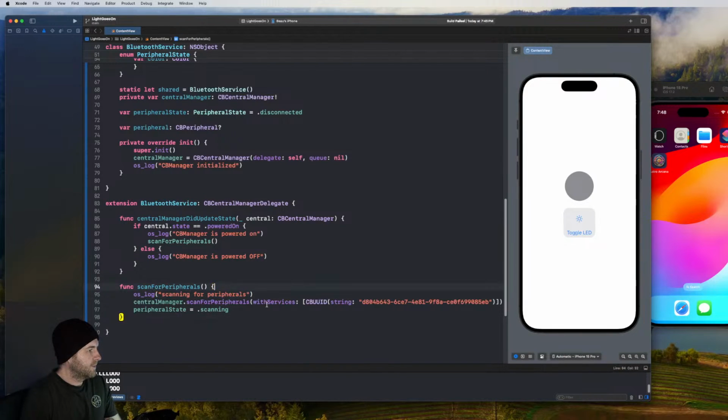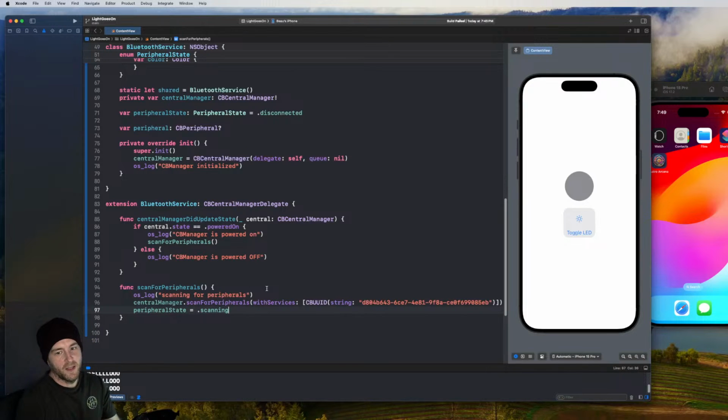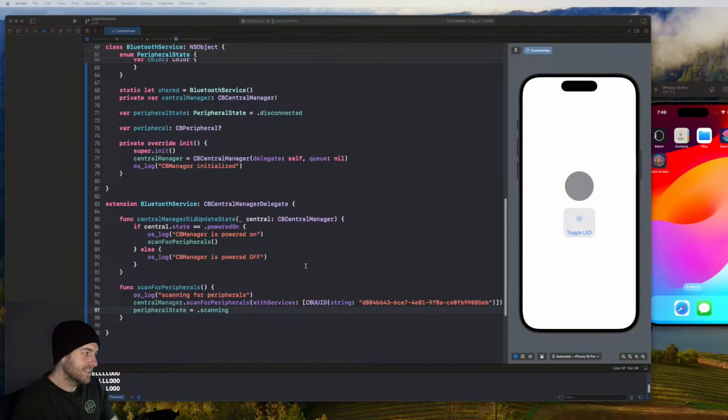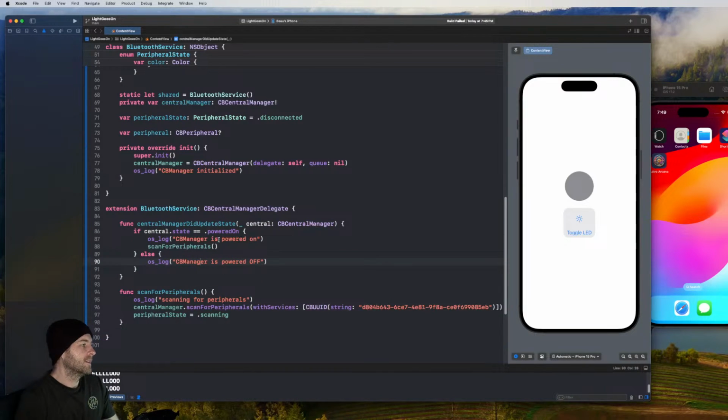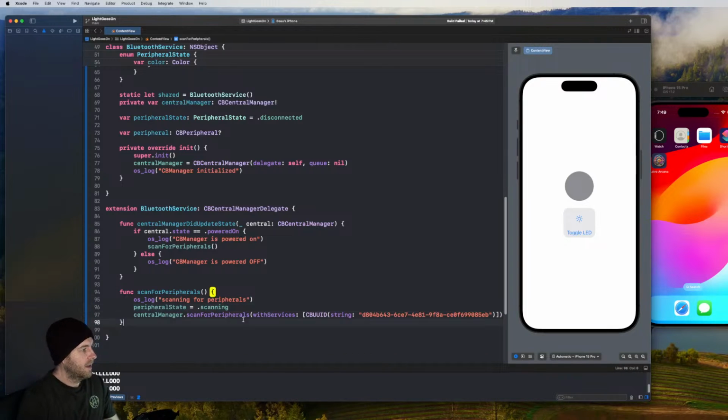So we've got scanning for peripherals happening. We haven't got a callback for when it finds a peripheral, so that's the next step. All we've done so far is set up the central manager. It's turning on the Bluetooth, right? And then we're going to scan for these peripherals, and it starts scanning here. So let's move this out of the way. Let's pop that down there like that. But what we need to do for the central manager delegate is create a function